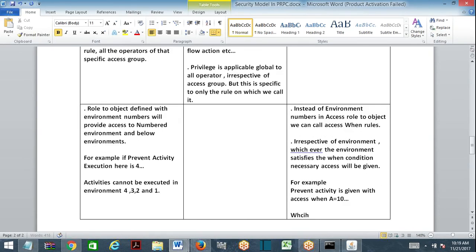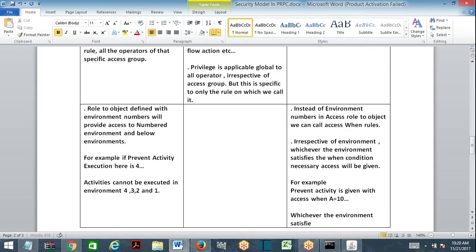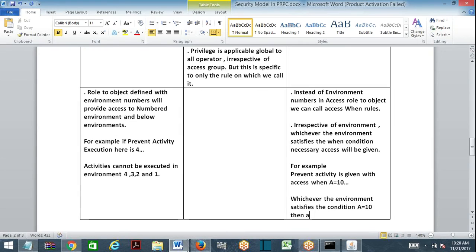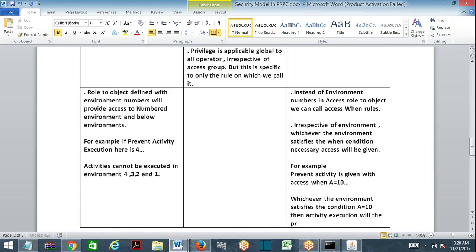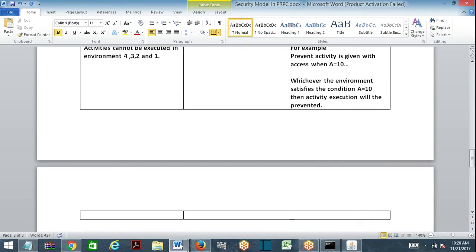Whichever environment satisfies the condition A is equal to 10, activity execution will be prevented.